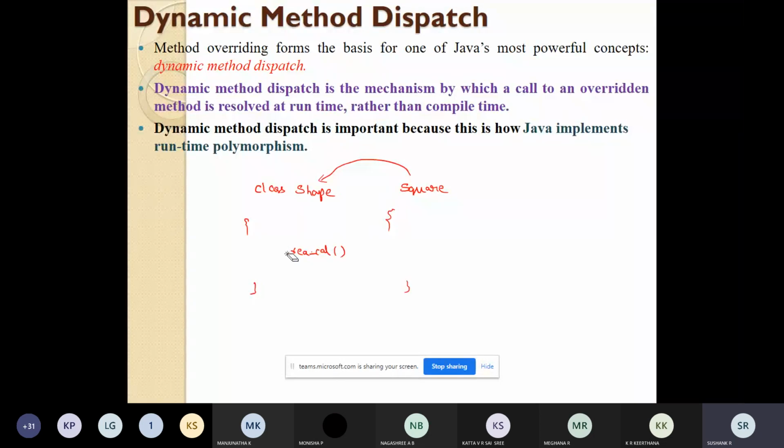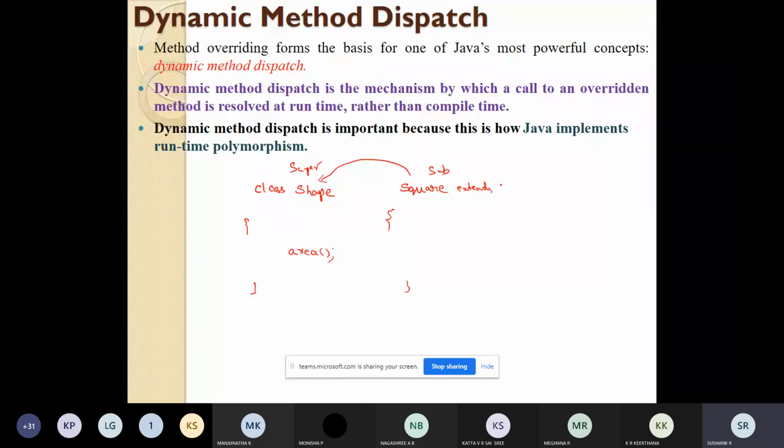So there is a class called shape, and it has a function called area. Now through this overriding method, by using inheritance, this will be my super class and this will be my subclass. So I will create an inheritance relationship, square extends shape.